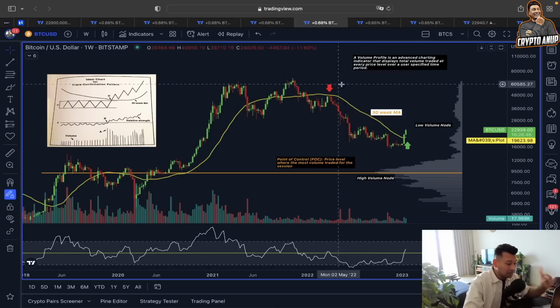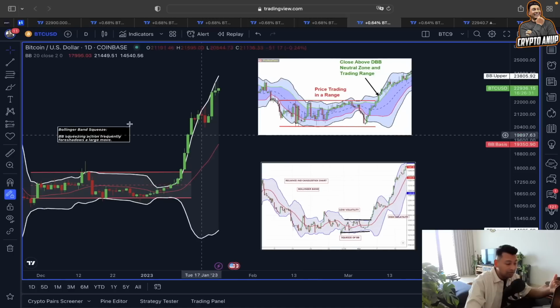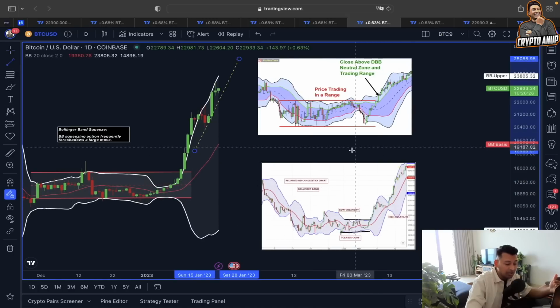friend. So not just this, if you look at this Bollinger Band, the Bollinger Band squeeze is still playing out. I mean, the breakout from this squeeze is still playing out. The price is still around the upper band, and as long as we remain above the upper band, you can see there is a possibility for this to continue, just like as shown here in an example.